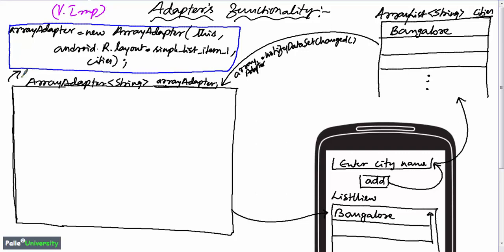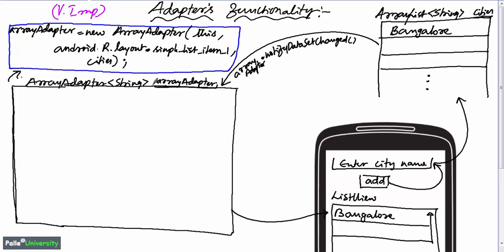Let me explain why we have to pass this as the first parameter. Though it is not very important in this session, I will try to throw a brief light on this parameter. In Android, whenever you are creating a new resource using the new operator, you should tell the operating system under which context you are creating that object. Which context means who is going to use that object.